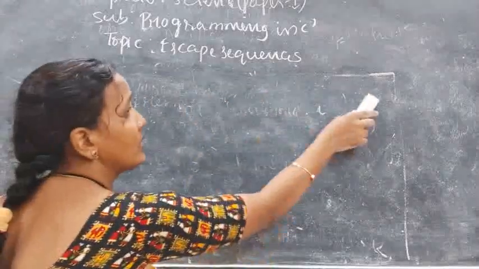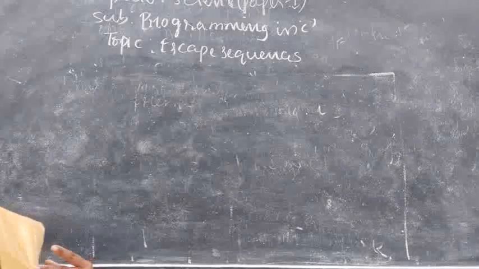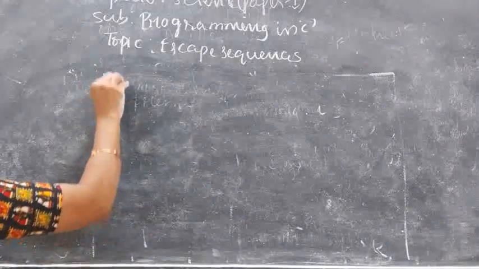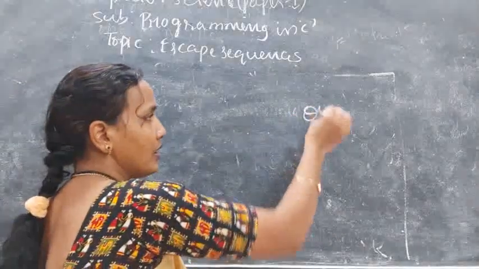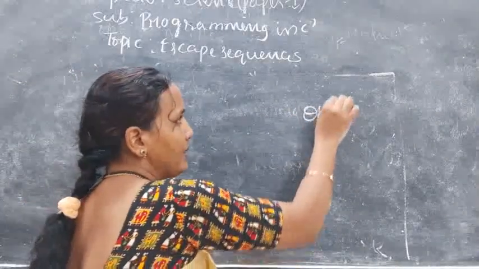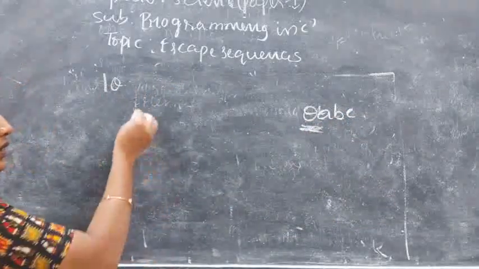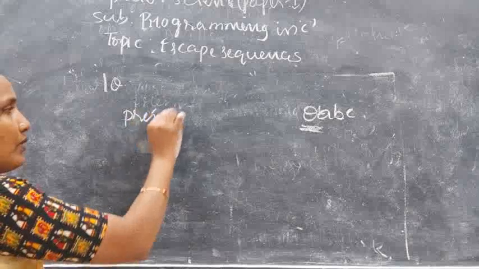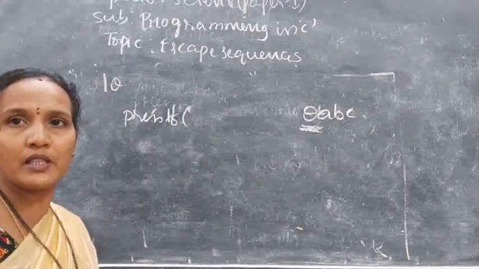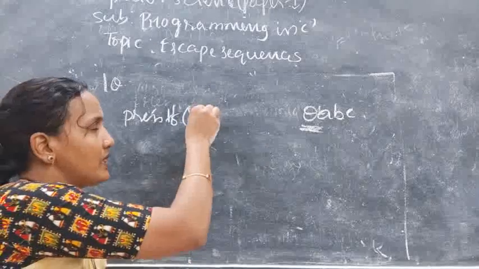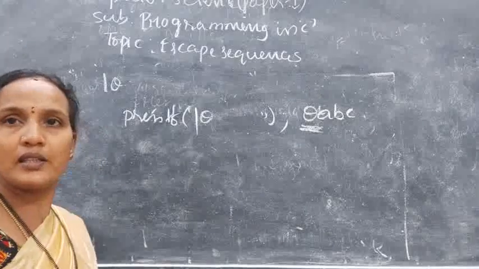And the next escape sequence is null. And what is this null? Null is 0. So if you want to print a null character like this, 0, A, B, C, then this is called an escape sequence. In such cases, you can give printf, and always we add these escape sequences in the output only. Whatever escape sequence is there, you give it, then you give the message and close it. This is the escape sequence.